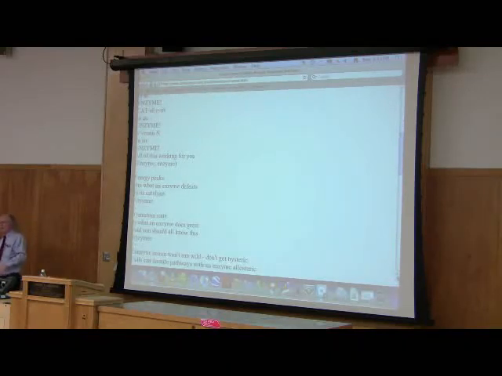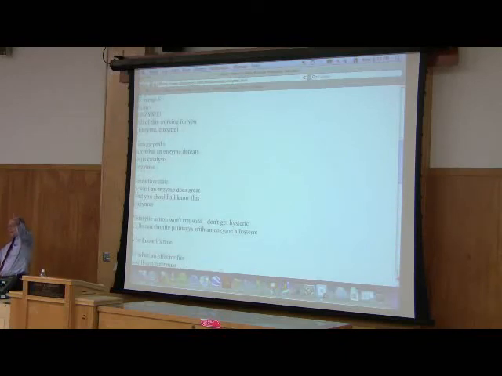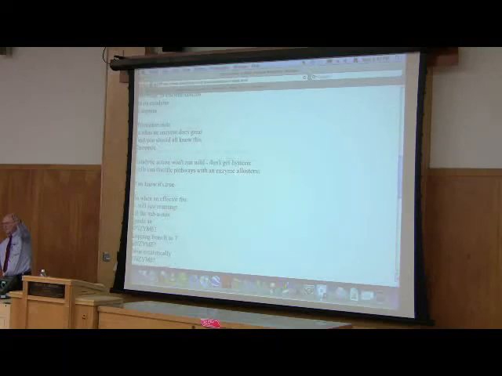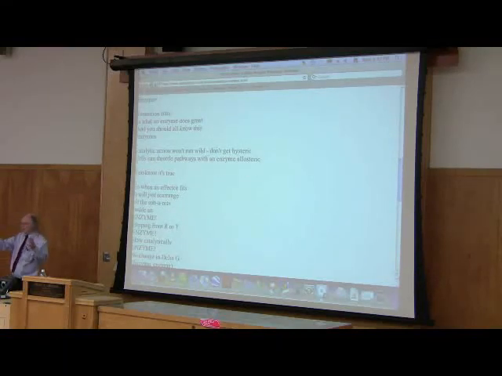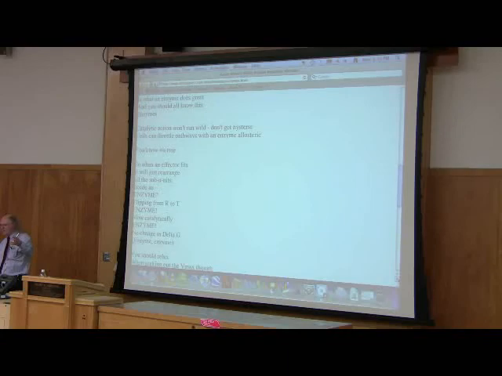All of this working for you. Enzyme, enzyme. Energy peaks are what an enzyme defeats in its catalysis. Enzymes. Transition state is what an enzyme does great, and you should all know this. Enzymes. Catalytic action won't run wild, don't get hysteric. Cells can throttle pathways with an enzyme allosteric. You know it's true. So when an effector fits, it will just rearrange all the subunits inside and